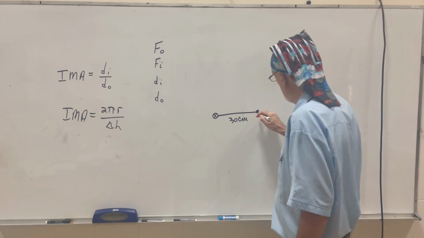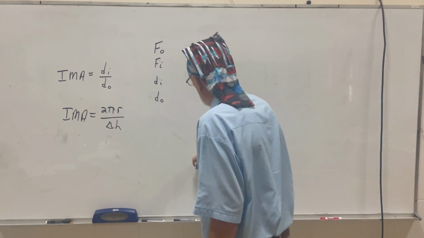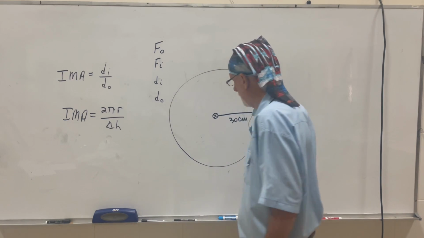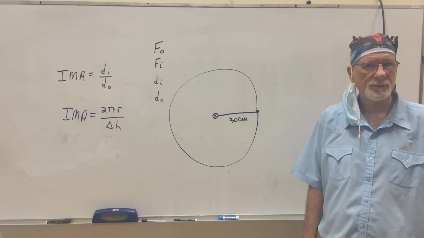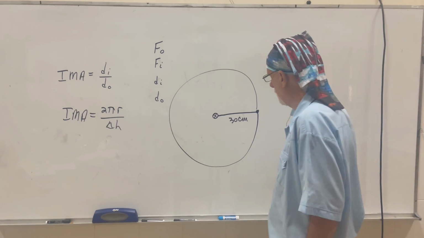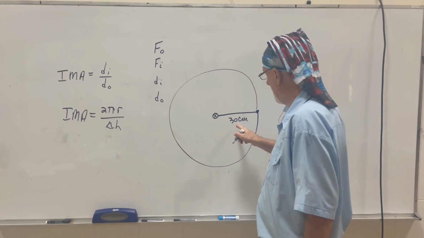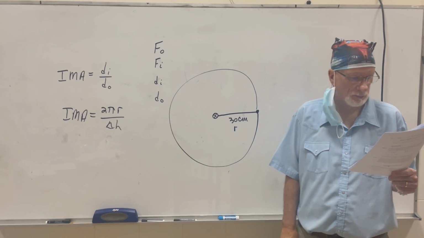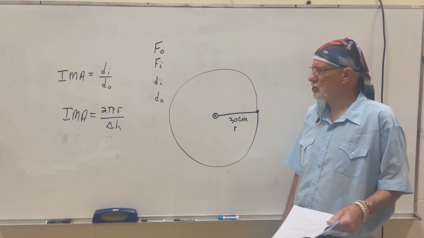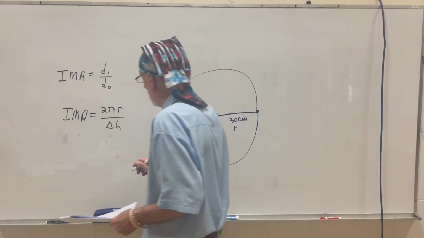And it's going to go like this. Correct? It's going to go like that. Yes? Okay. So that's the radius. That's r. Correct? So when it says 2 pi r, I'm going to say